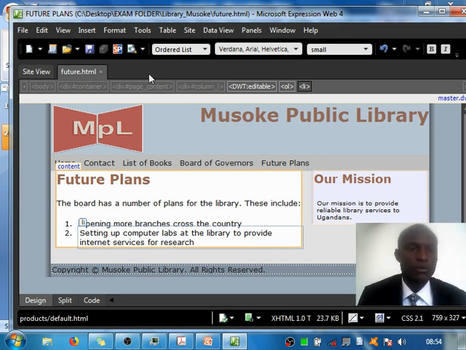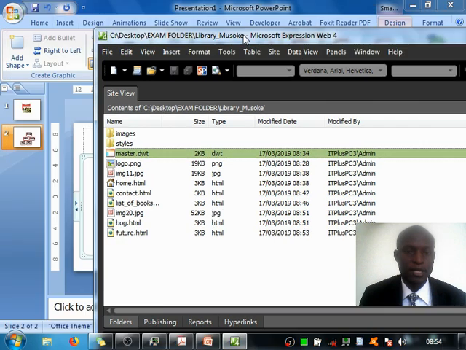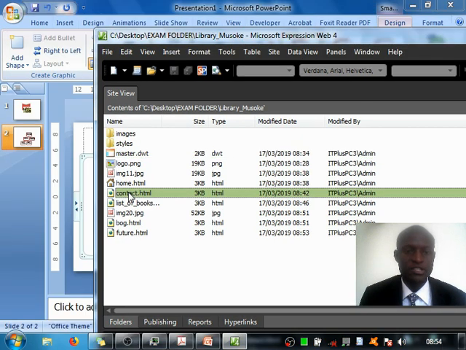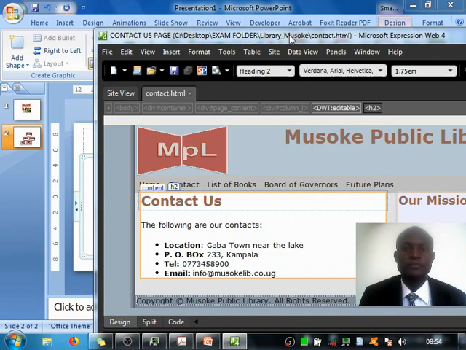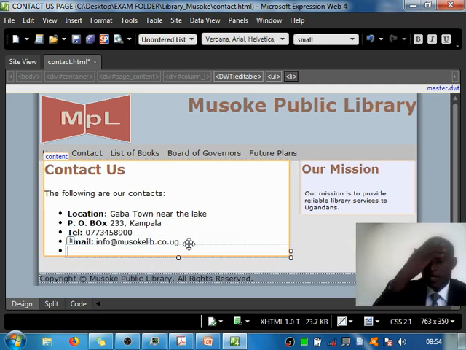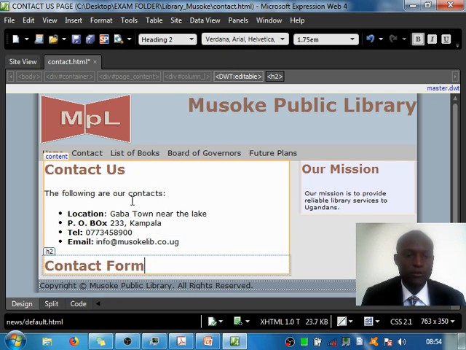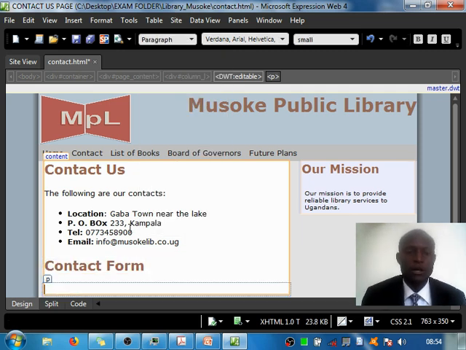Now before we do that, there is something I wanted to show you which was not part of this particular exam. Let me go back to the contact page by double clicking on it here. I wanted to show you how to put a form. In this particular UNEB they never asked for a form, but sometimes they ask for forms, like in 2007. Normally it can be on the contact page. You can select that, and I change this to a heading 2. Now the contact form,